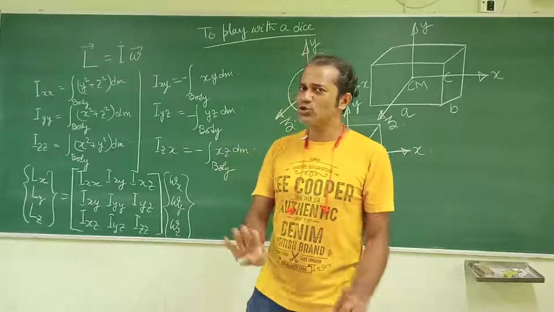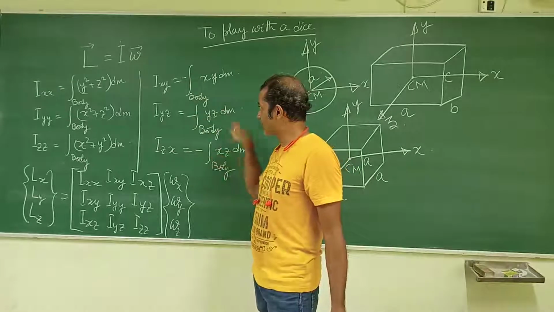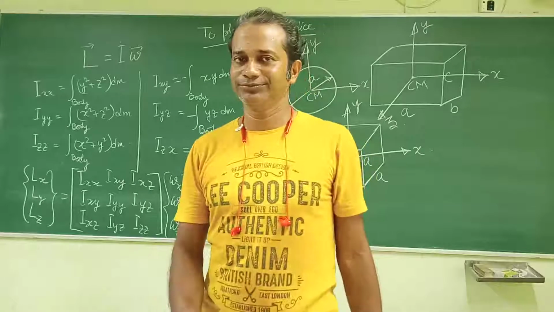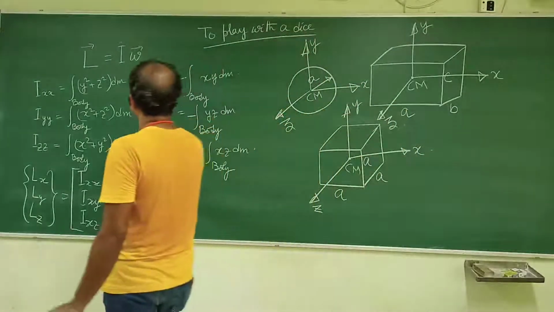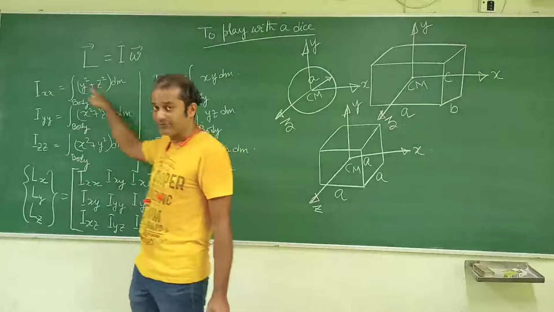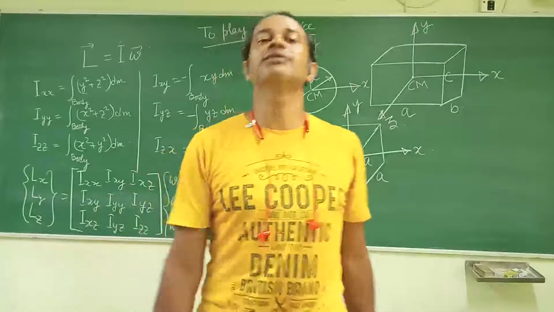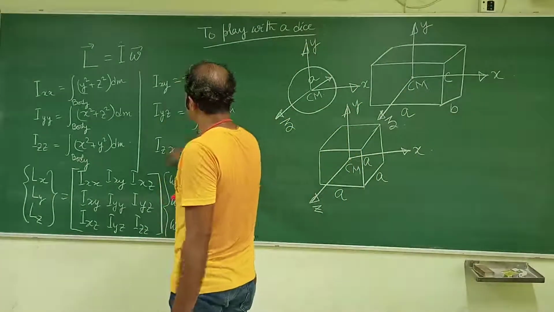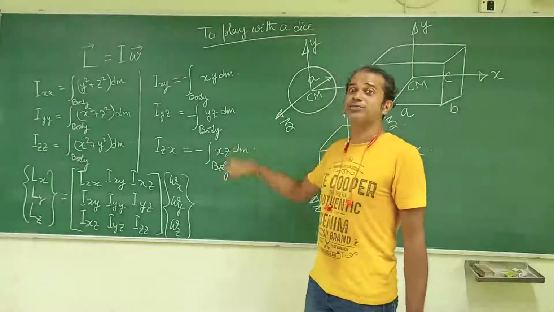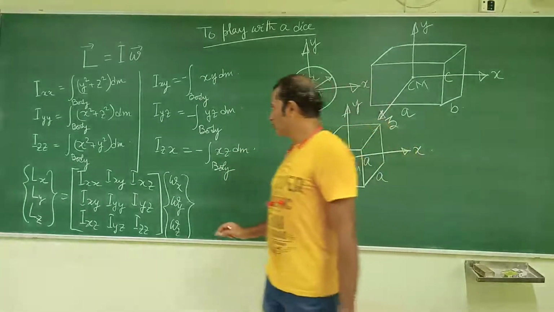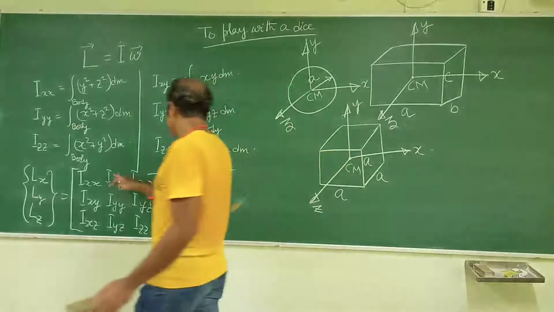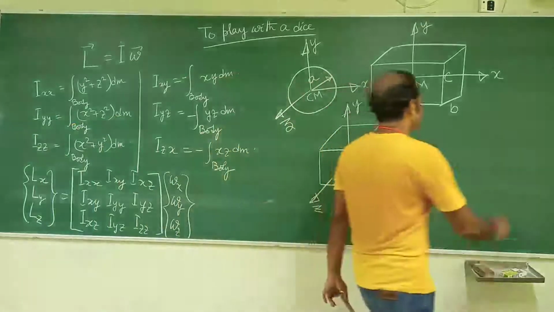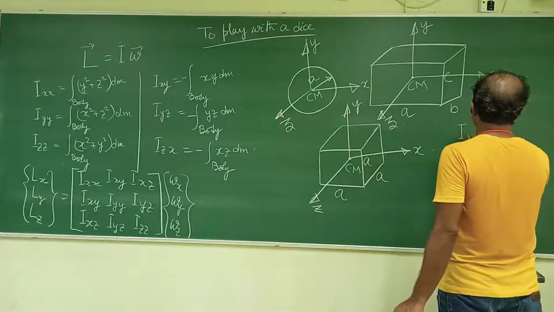Two planes of symmetry are sufficient to say that all the products of inertia are going to be 0. So this is what it talks about: how much resistance the body gives towards angular velocity and angular acceleration, and it also decides the symmetry property. So for this duster, all these products of inertia are going to be 0. Now, for the rectangle, I am going to come to the I for the rectangle.